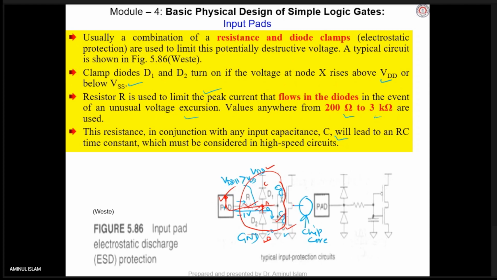Suppose this current has to go into the chip. So if this RC is going to offer a high delay, circuit speed may be reduced here. That's what he is telling. You have to consider this one also. You cannot use values of resistance and capacitance too high. So you have to keep a balance between all those.